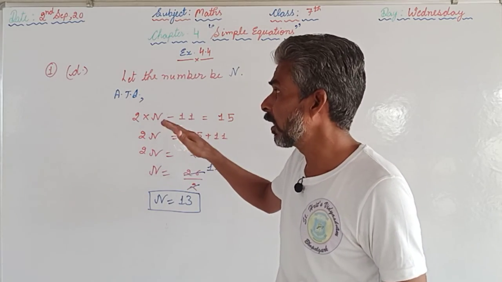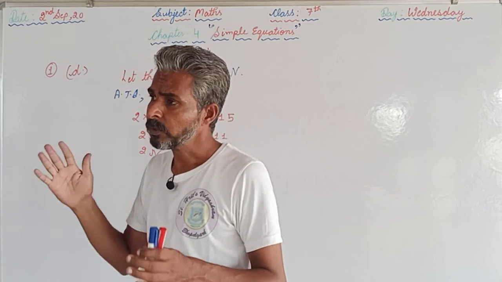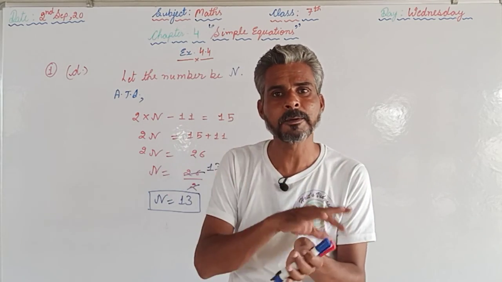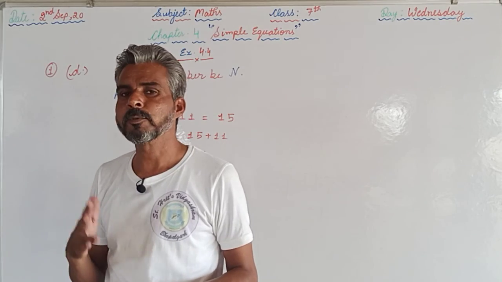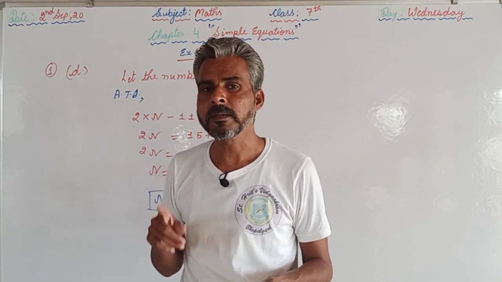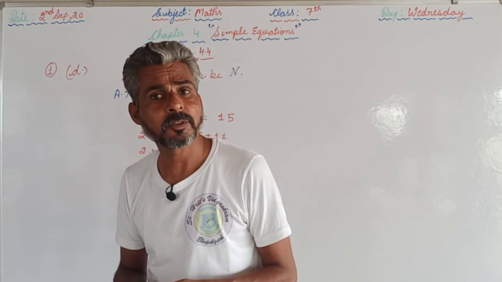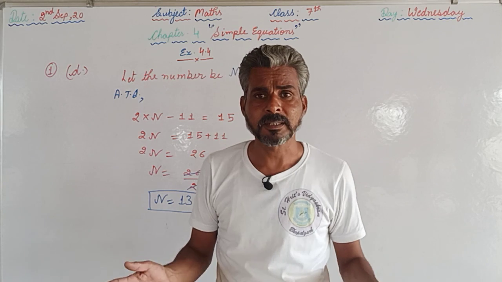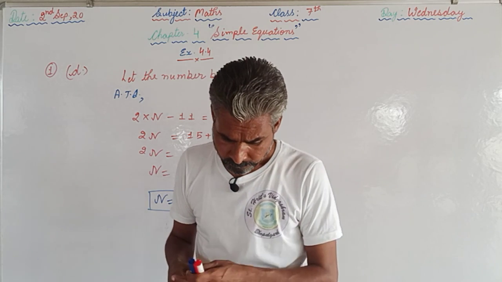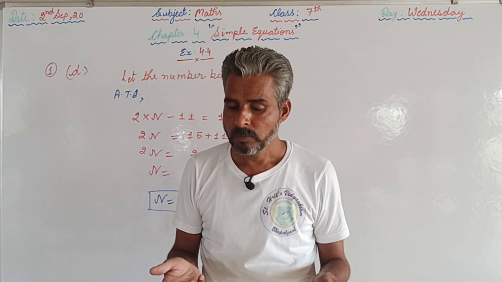How many parts have we done here? 3 parts: B part, C part, and D part. So you are supposed to repeat those again by yourself. Afterwards you can proceed with the remaining 3 parts of question number 1. At the same time you can try question number 2. If you are facing any problem or if you have any doubt, then you can message us or even call us. We will try to rectify your doubt so that you can easily solve the questions which have been provided to you as homework.